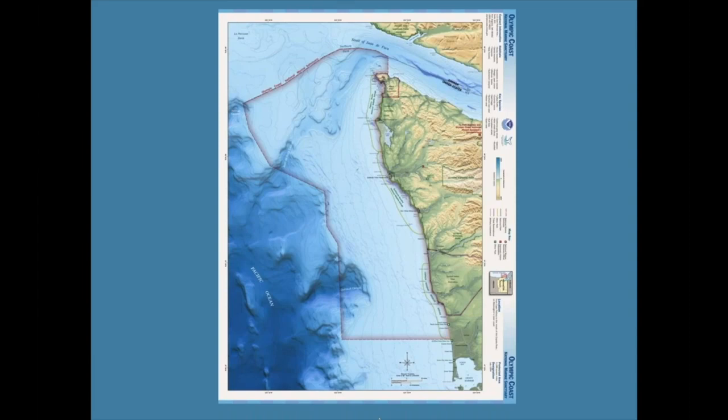The other thing that I will say is a great advantage for sanctuaries is that they have these programmatic approaches that include research, so understanding what's happening in the area, and education and outreach, so we can take that information and then work with coastal communities so they have an understanding and hopefully can support some of the management actions that are proposed. Each sanctuary also has what's called a Sanctuary Advisory Council, which is made up of the different interest groups, tribes, state, and federal agencies. So that gives us a great forum to discuss these issues and think through together how we approach it.